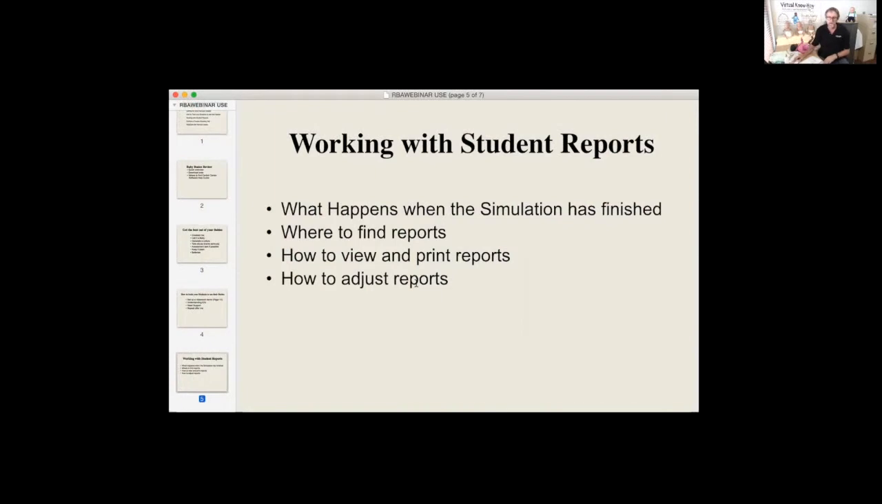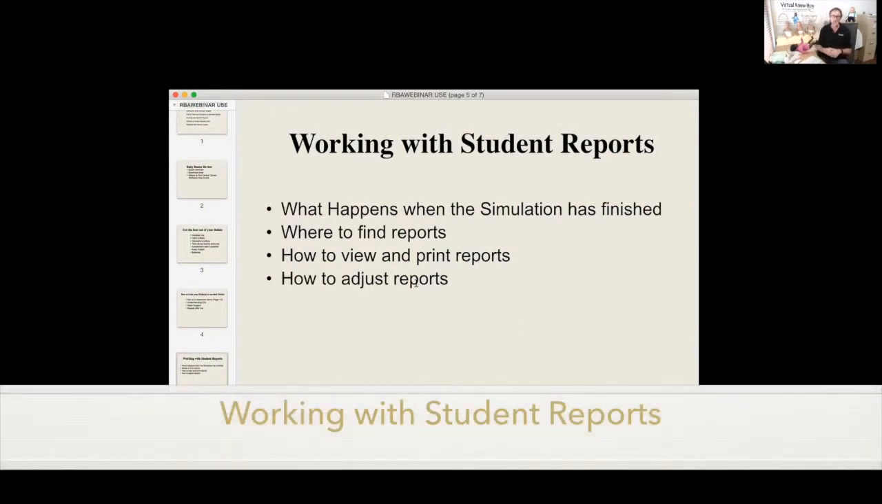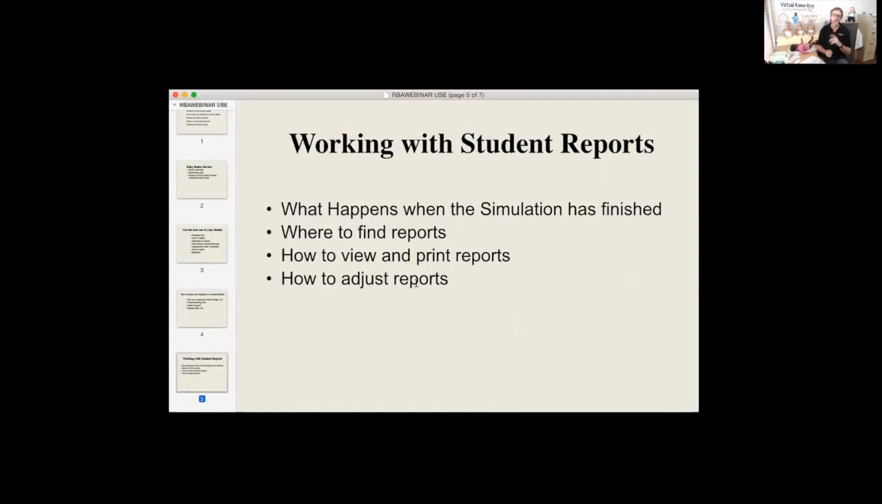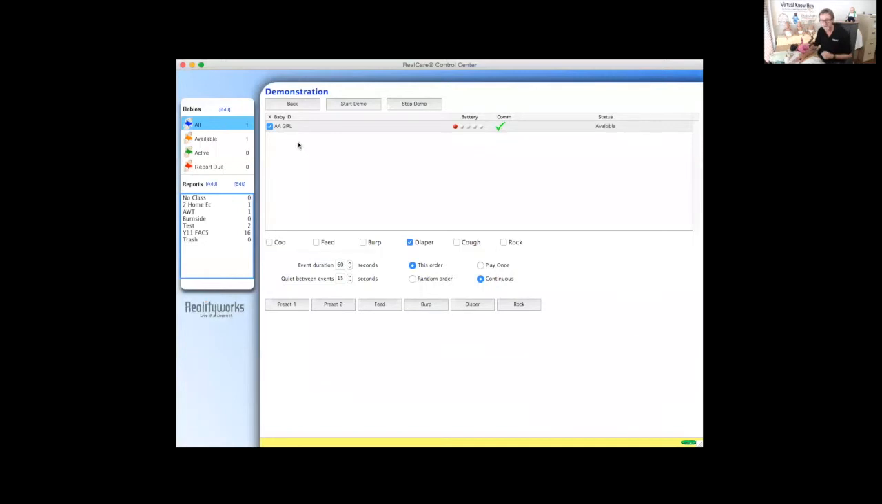Okay. We're going to have a look at student reports, and we're going to look at what happens when the simulation is finished, where to find the reports, how to view and print the reports, and how to adjust the reports. So let's go and have a look at our Control Center software. So here you are with our Control Center software. I'm going to get out of this